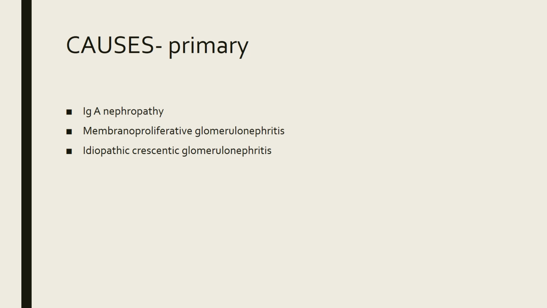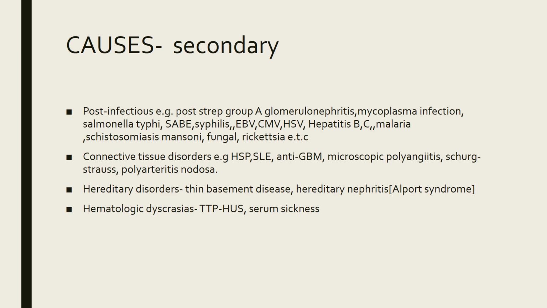Primary causes of the nephritic syndrome include the most common chronic glomerulonephritis in children, which is IgA nephropathy, also membranoproliferative glomerulonephritis, as well as idiopathic crescentic glomerulonephritis. Secondary causes of the nephritic syndrome include post-infectious causes, things like post-strep glomerulonephritis,